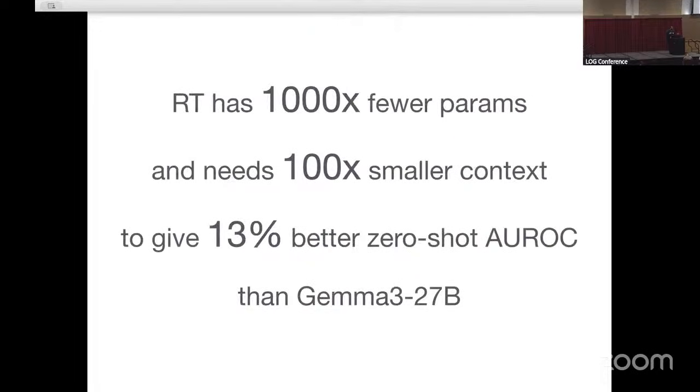So, overall, these are numbers. If I had to summarize and have a take-home point for this part of the tutorial, it is that this relational transformer has 1,000 times fewer parameters compared to Gemma 3. So maybe that's something important to keep in mind when you need to compare the performance of a large language model compared to a transformer architecture tailored for relational databases and forecasting: you can use 1,000 times fewer parameters with much better performance, so 13%